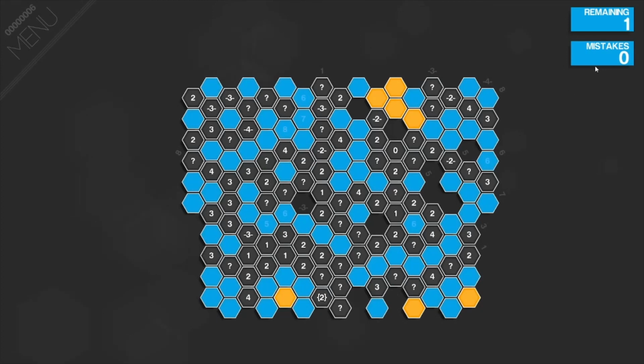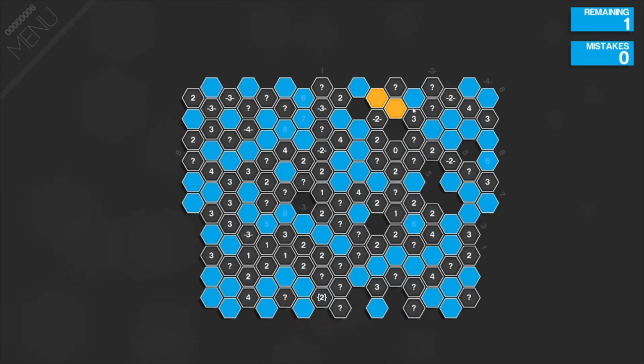Now, looking at this puzzle, we only have one bomb remaining. This doesn't have any clues around it. This doesn't have any clues around it. This has no clues around it. The only area that has a clue around it is right here, and it's this 2 with the dashes, which already has one bomb touching it, so we know that the last remaining bomb needs to be in either one of these 2 cells. So we can go ahead and actually open up all the other cells within the puzzle,